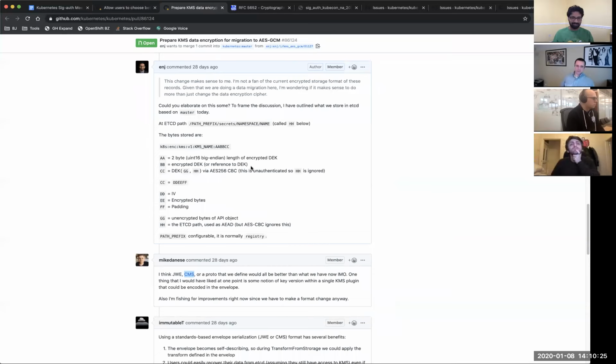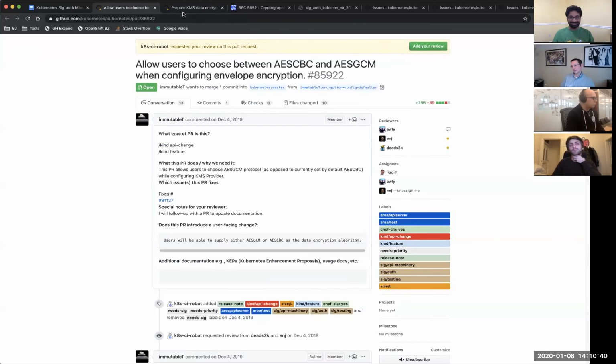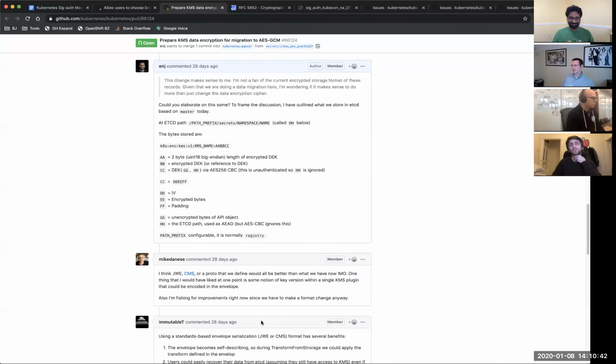And I did ask my friends who actually know crypto better than me, does this make sense? The general gist I got was it probably doesn't matter either way. It's not necessarily a big deal in this. But don't use secret box because it's not FIPS compliant. Nice. I just want to make sure that we document what we do and why